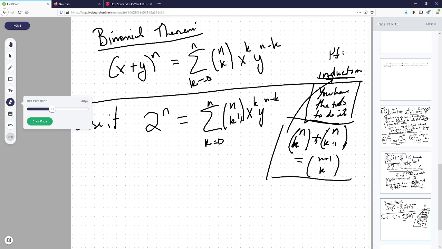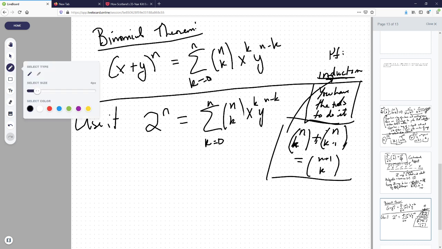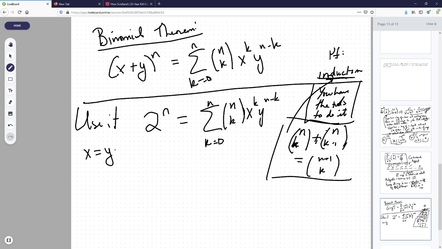Well, I shouldn't say that, but I'm going to say it. This proof is pretty easy. And the reason why this is doable is if you set x equals to y equals to 1,